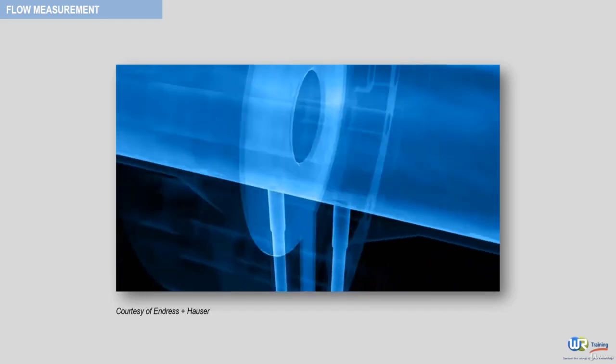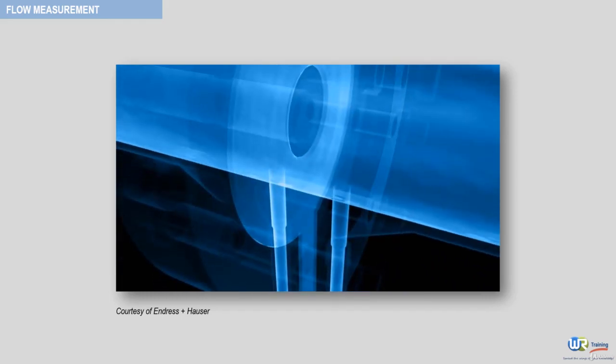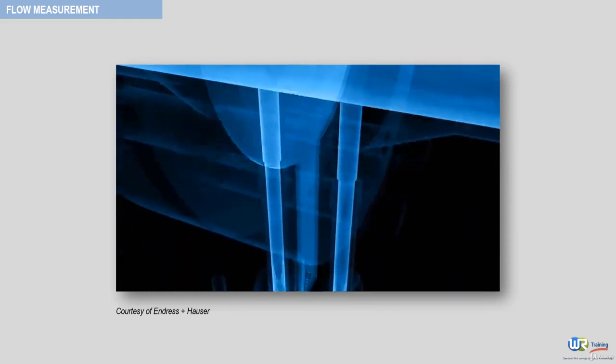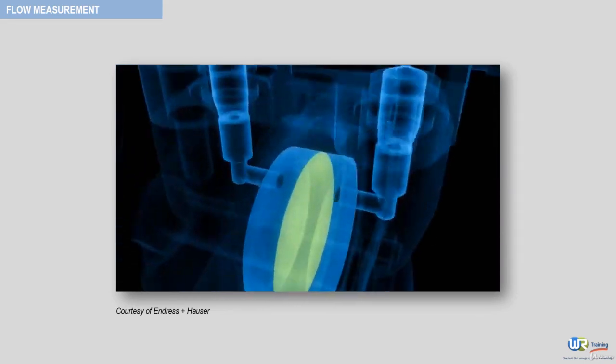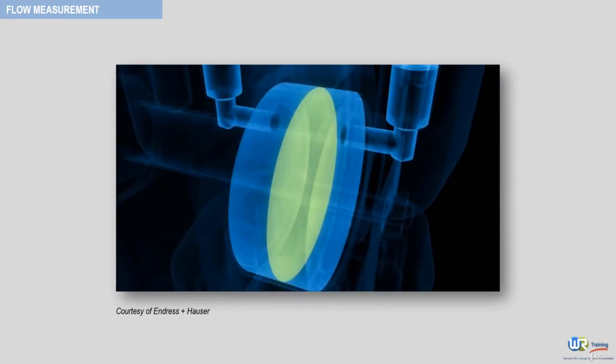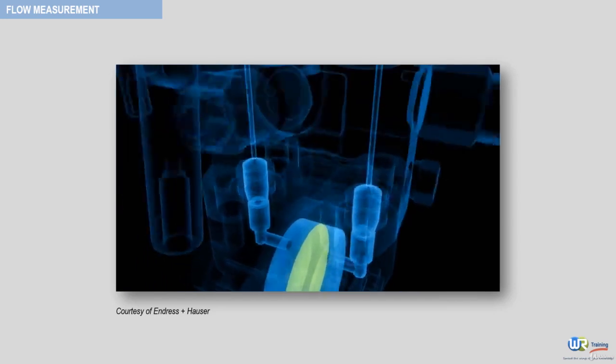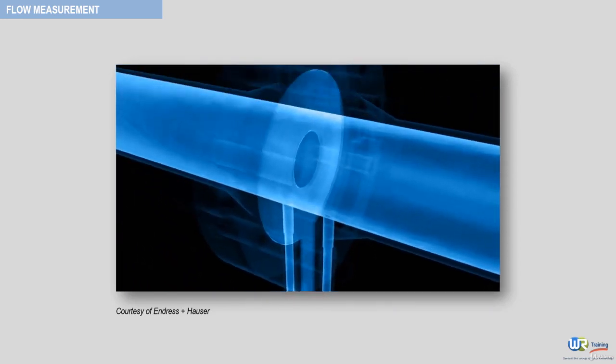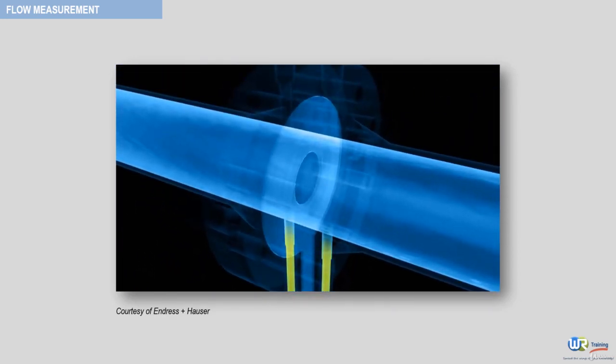Two holes are located in the pipe wall, one before and one after the orifice plate. Two separate tubes connect these holes to a differential pressure sensor with its two pressure chambers separated by a diaphragm. The tiniest pressure difference in the flowing fluid can be precisely measured. If the fluid is not flowing, the pressure before and after the orifice plate are essentially identical. And as soon as the fluid starts to flow, its velocity around the orifice plate increases significantly